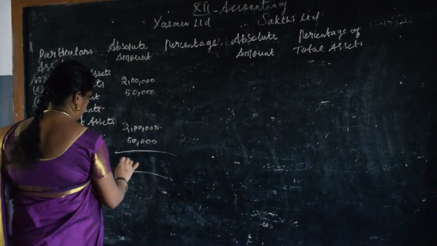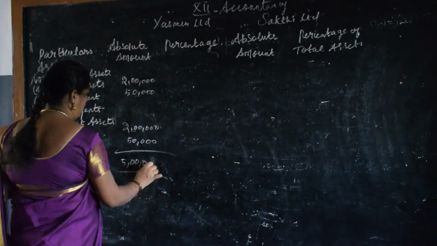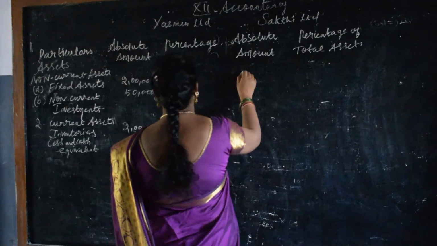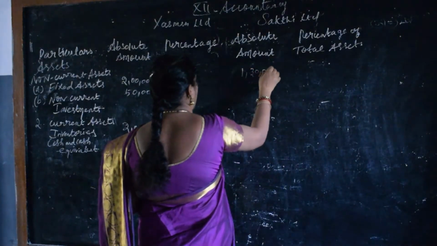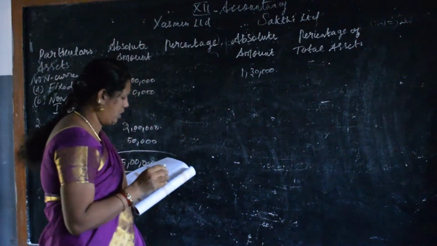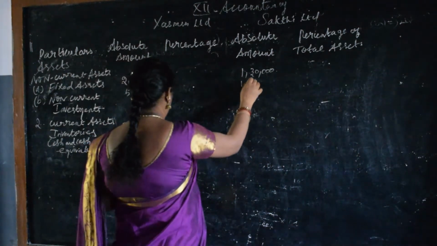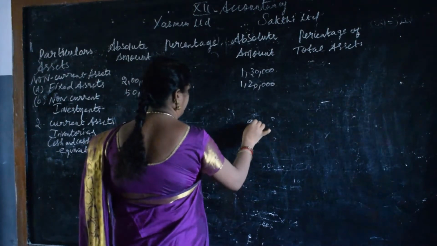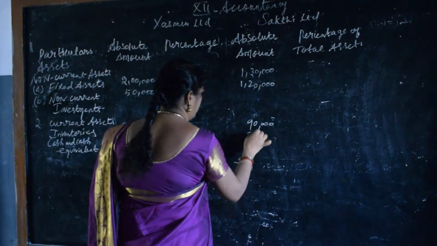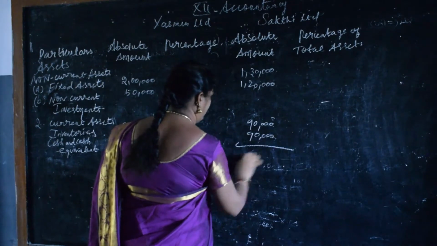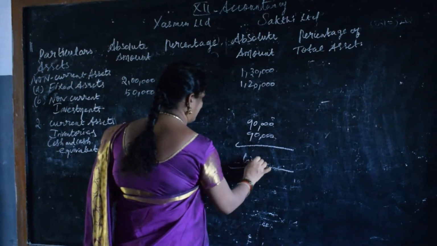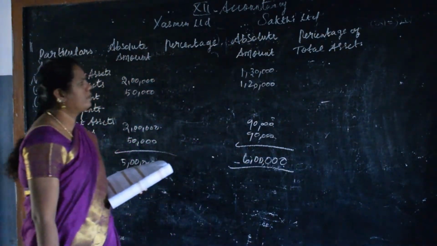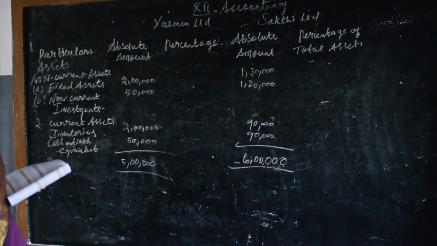Total is very important because in the total only the denominator value lies. Then moving on to the share capital, 1,30,000. I have worded it as it is in the question. Okay? 1,20,000. Then this is 90 and 90. Both the areas is 90. What will be the base value? The base value is 6 lakh. Okay? What is the next step?